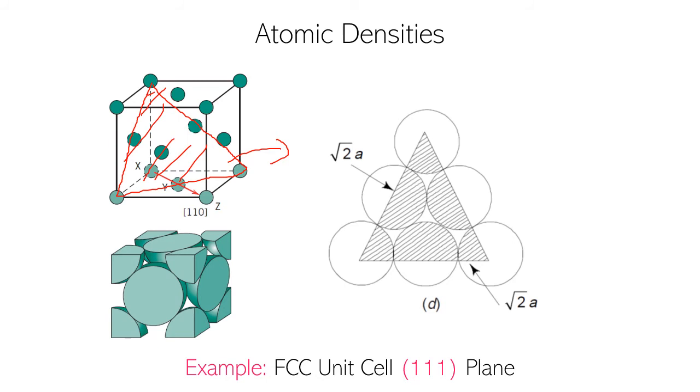So you see how the atomic packing is different on different planes. By atomic packing, what I mean is how densely the atoms are packed inside the plane. On some planes, like the 100 plane, the atoms are not as densely packed as they are on the 111 plane. We will later calculate the planar densities, and the higher the planar density, the closer is the atomic packing on a particular plane.